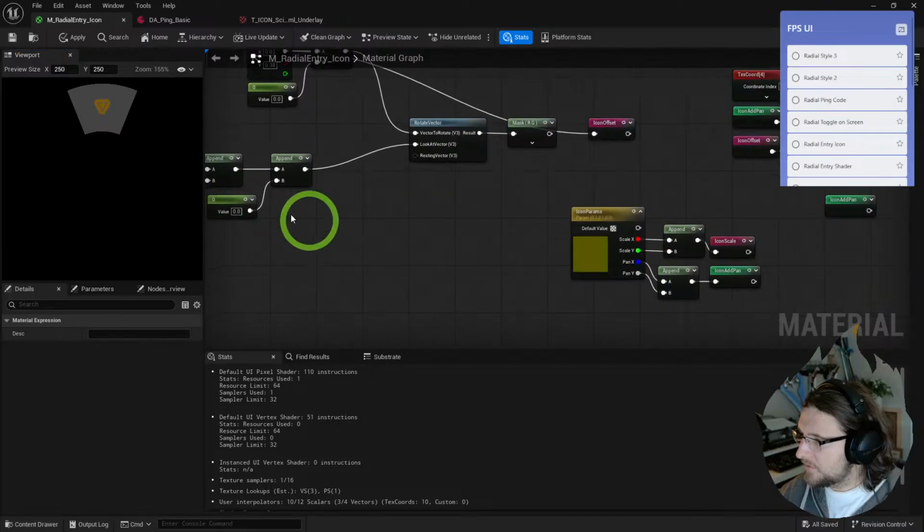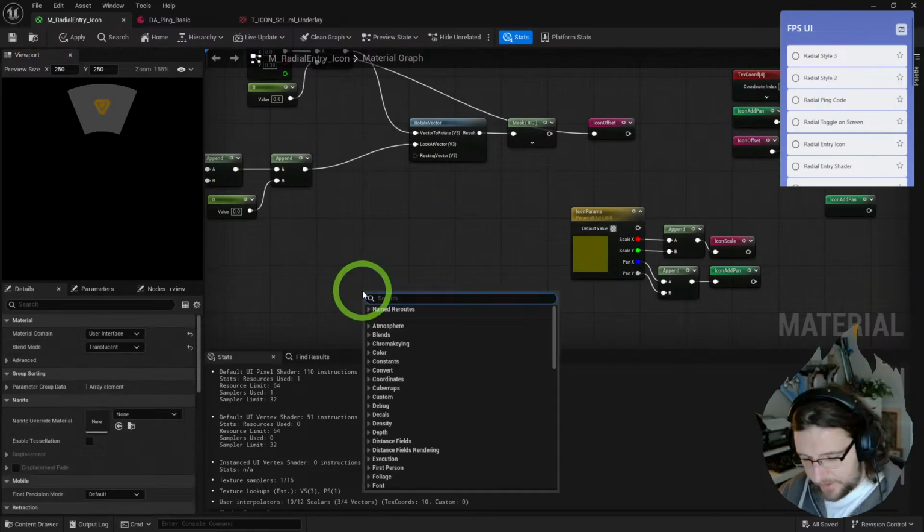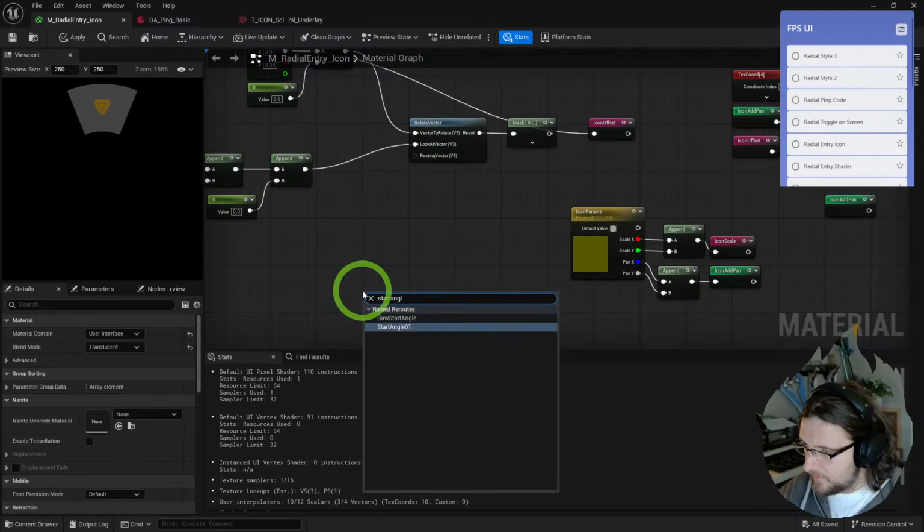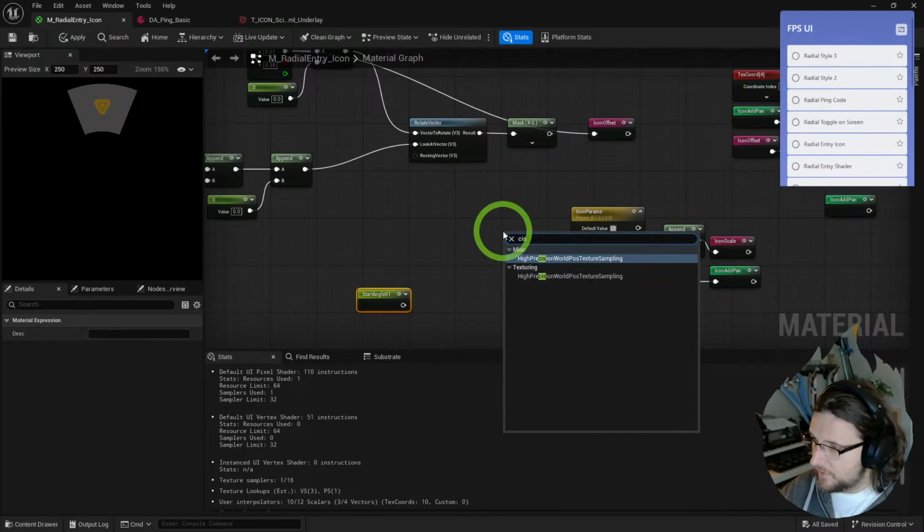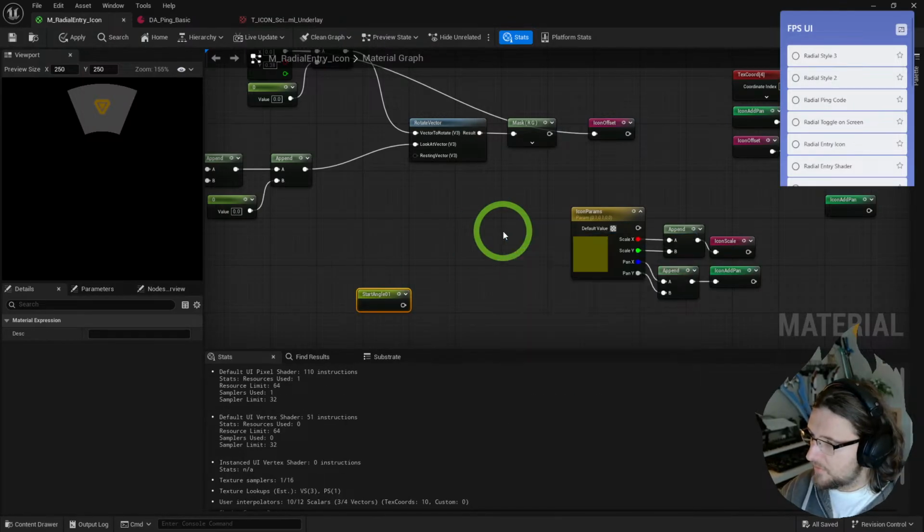It is simple. Take start angle 0 to 1, custom rotate, custom rotator,